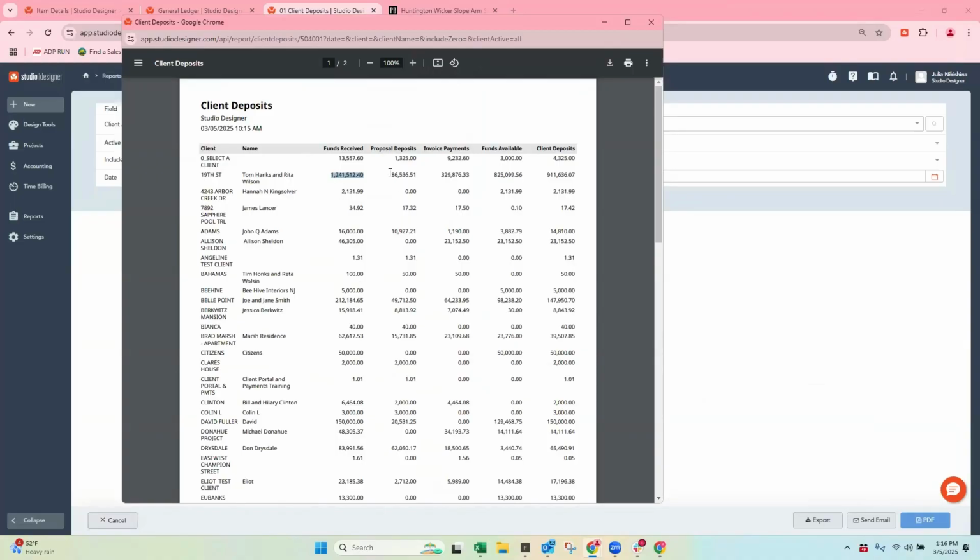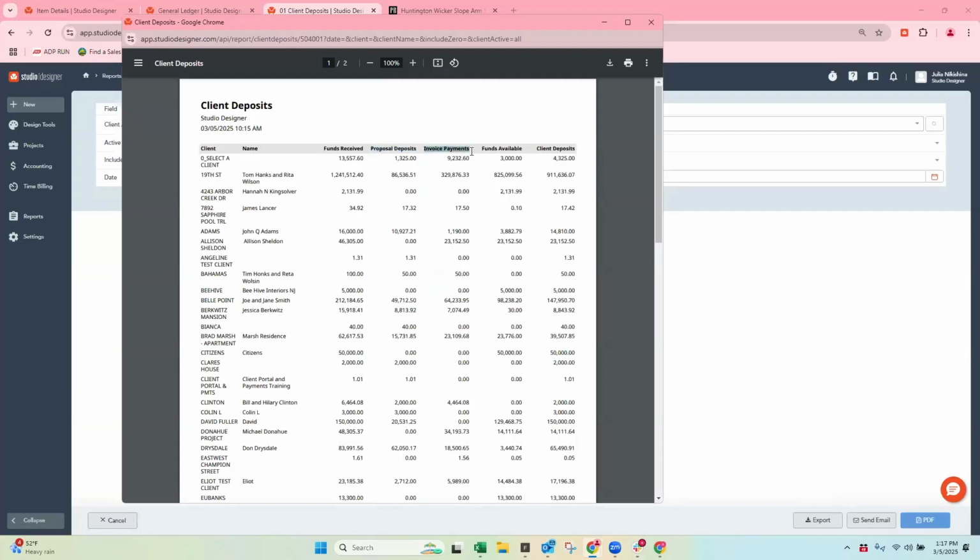Out of the 1.2 million, 86,000 of it lives on items that are on proposals. Remember, an item doesn't need to be on a proposal to have money applied to it, but best practice is that you're not in the habit of applying money to items that are not on proposals. You should always only be applying money to items on proposals. So that's why this is called a proposal deposit.